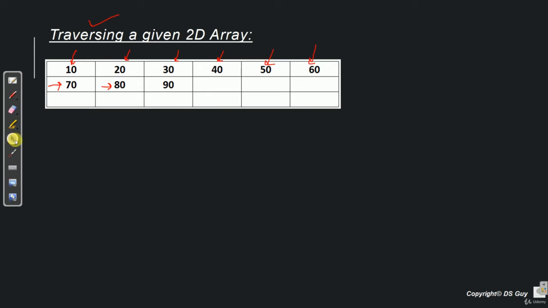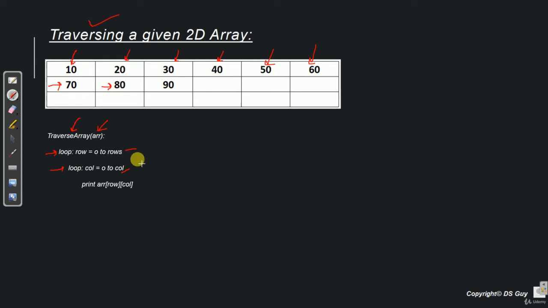Let's see what the algorithm for this is. The algorithm is extremely simple. The name of the method is traverse array. It takes the array as an argument, and there are 2 loops. Loop number 1 is for the rows and loop number 2 is for the columns.